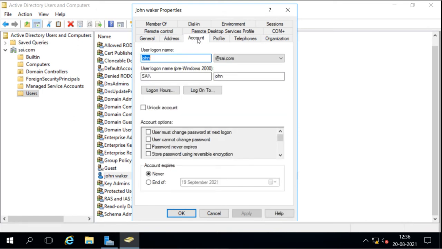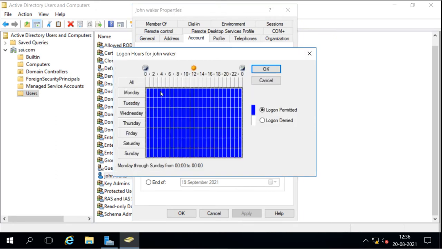Then in the Account tab you can see the information about the UPN, and you can also change the logon hours, when we want to allow the user to log in, with logon permit and logon deny. For example, suppose they should not log in at night, so I will deny from 12 to 7. I can select this, deny.